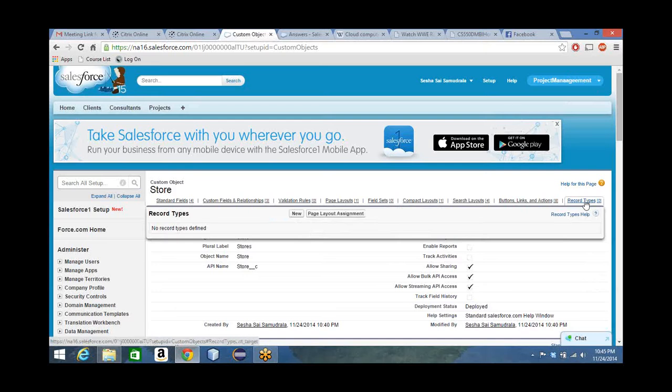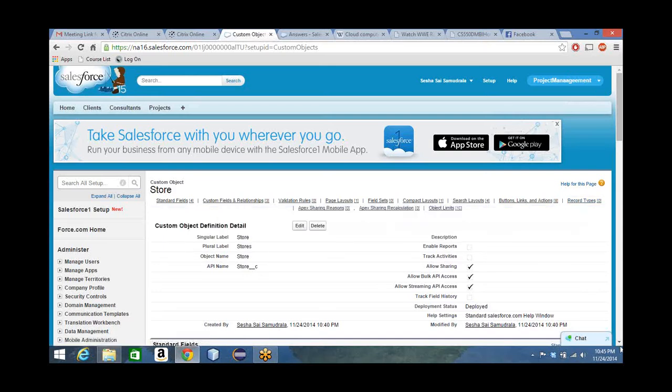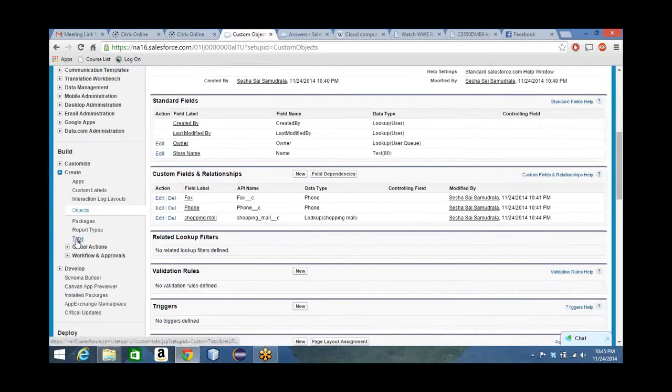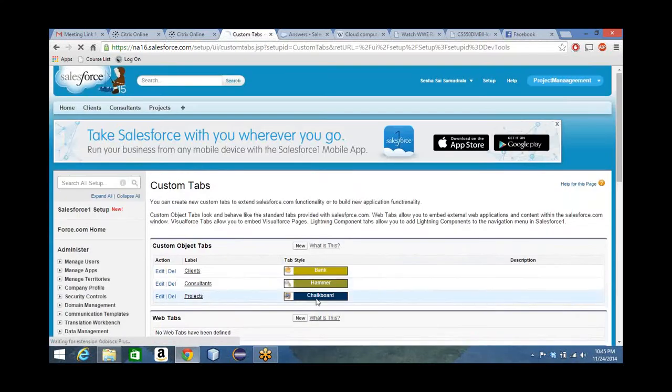Now, how do we see and how do we enter the data into that? We need tabs for both these objects, shopping mall and stores, right? Can we quickly create tabs for both these objects and make the tabs visible under this project management tab?